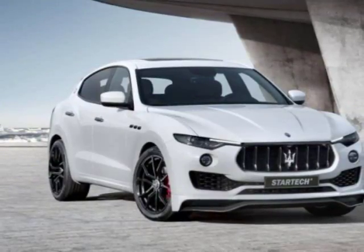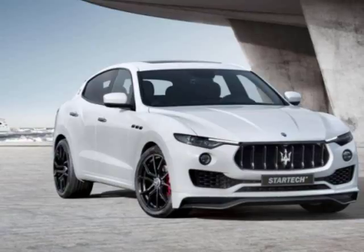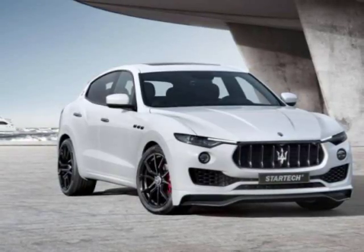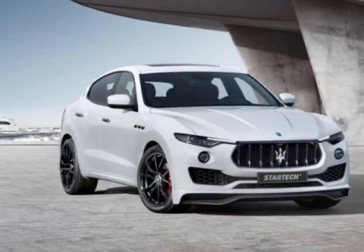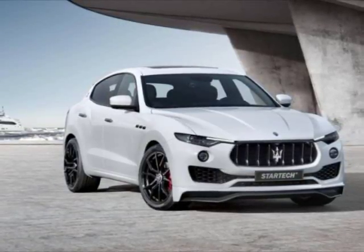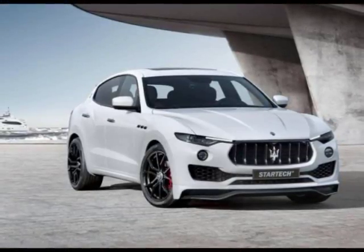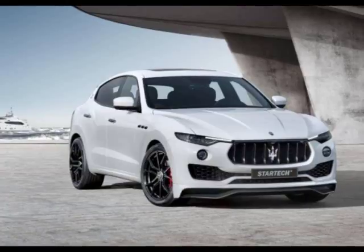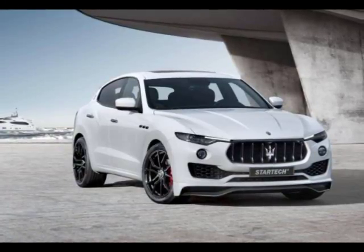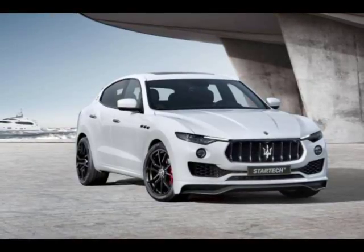(2017) Maserati Levante by Startech. This time last year, Maserati was preparing to unveil the Levante SUV at the Geneva Motor Show. Not only was it a signal of the Italian automaker's intentions to go all in on the premium SUV market, but it also marked a big move to expand its own lineup past the usual coupes and sedans that it was offering. Fast forward to this week and the Maserati Levante is once again headed to Geneva, although this time,